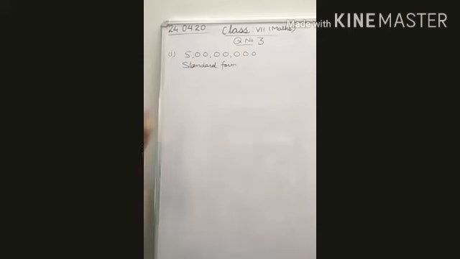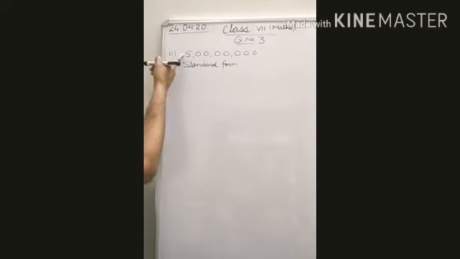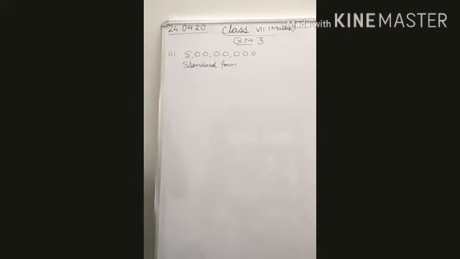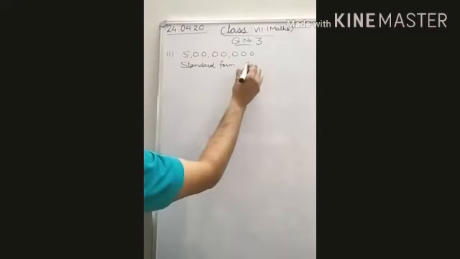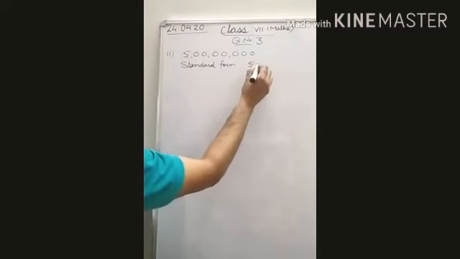As we have studied, in standard form the decimal will be after the first digit. So here the first digit is what? It is 5, and that digit should be from 1 to 9. So we write this number as 5.0